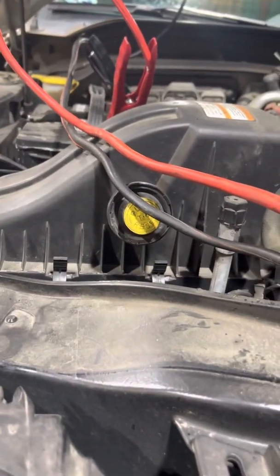Now you let the other car idle up for a couple of seconds, like a minute and a half, right? Then